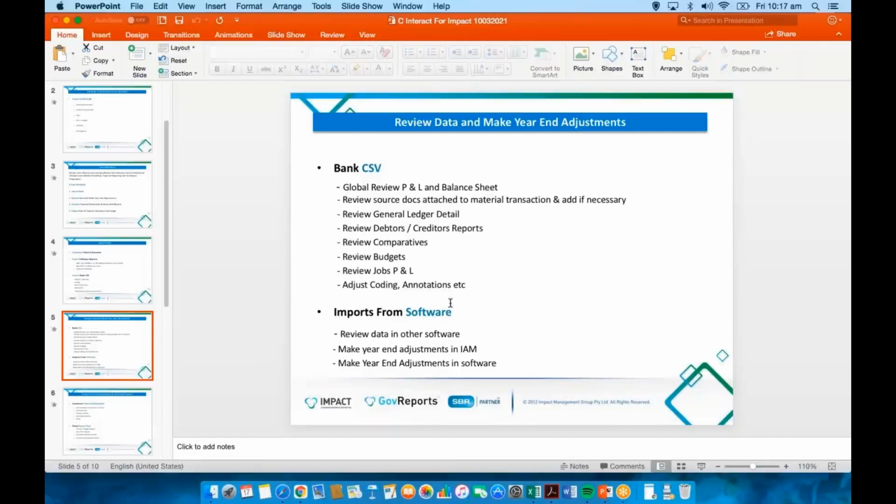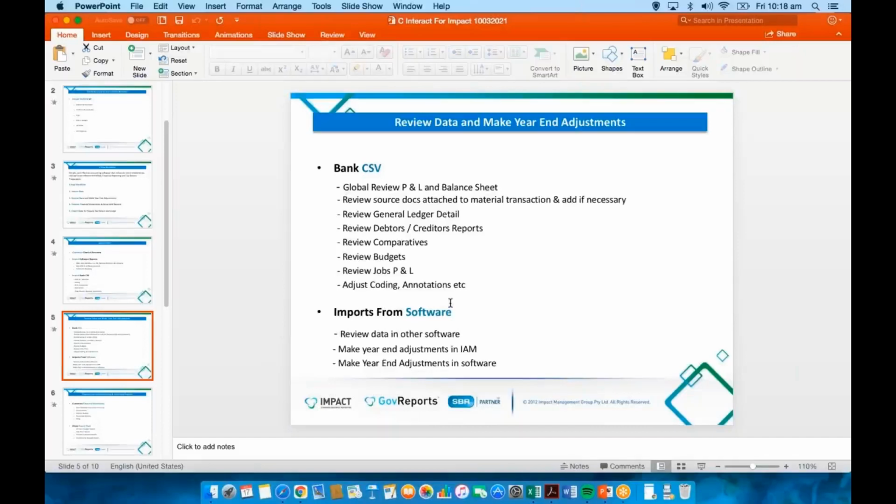You check the source documents, and do a general ledger detail review. You can check the debtors and creditors reports to make sure that they're current and still valid, or whether there are some old debtors or old creditors, particularly old debtors, that weren't closed properly or that are stale, whatever the case is. There are some other management reports that are very useful in terms of checking the accounts, such as the comparatives to prior year,